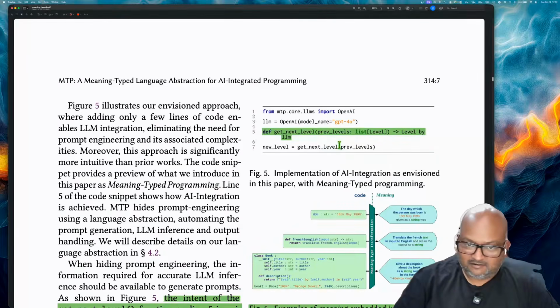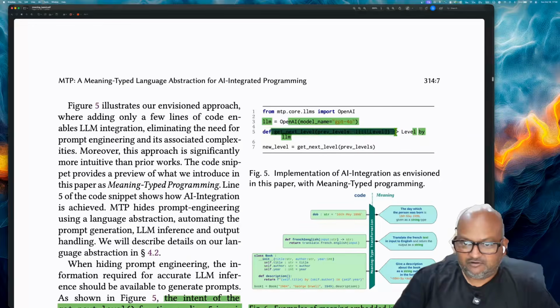Let's look at how the code would look like in their new language, and then take a look at how it works internally. So in this new language, they call it Jac. It's a superset of Python. They have a new language keyword. They call it by. So you define your LLM. In this case, it's GPT-4o. You define your function signature.